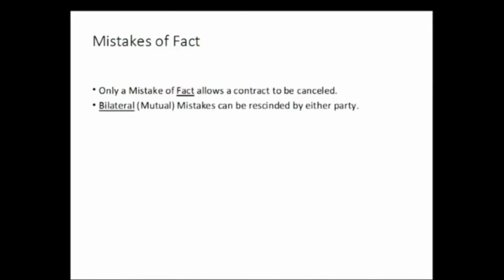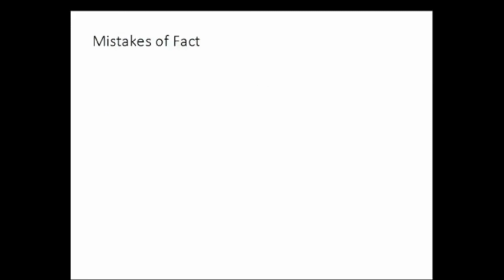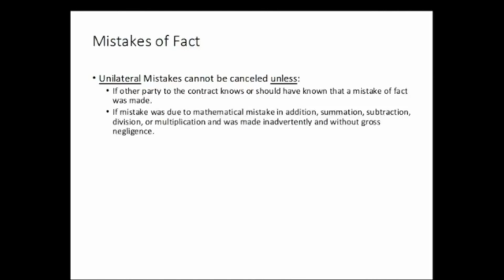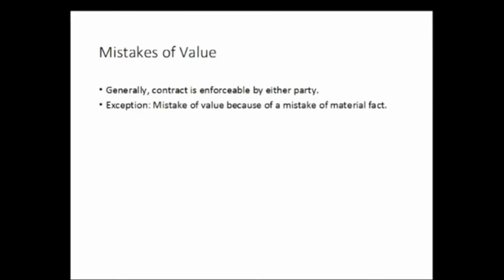So how are contracts enforced? Well, they could be unenforceable if the parties haven't genuinely assented to its terms by either mistake, in other words, both sides made a mutual mistake as to what the contract was about, misrepresentation, where one side misrepresented themselves or didn't tell the full facts, undue influence, where basically someone was forced into it, or duress, very similarly, where they were under duress to do it. There are things known as mistakes of fact, and this allows a contract to be canceled, and it can be bilateral.